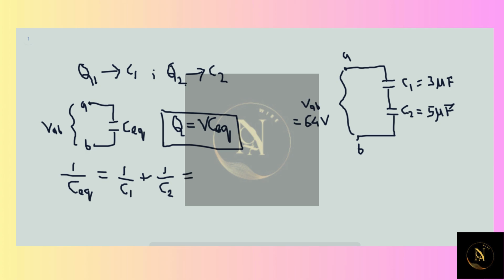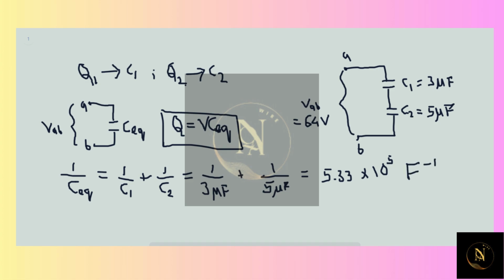And in this case, C1 is given to be 3 microfarad, and C2 is given to be 5 microfarad. And if we find this value, it comes out to be around 5.33 times 10 raised to 5